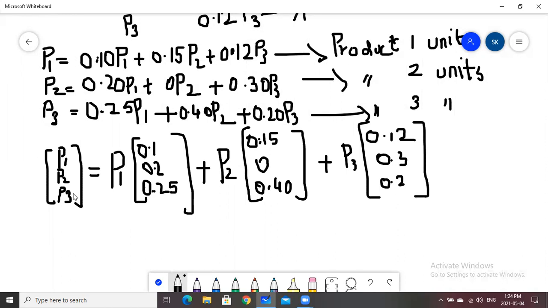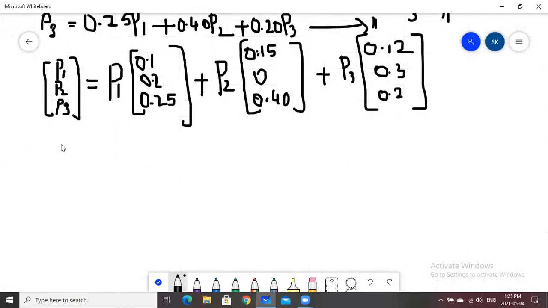An important point to consider is P1, P2, P3 is equal to P1 times all the values of P1 in a 3 by 1 matrix, that is 3 rows 1 column, plus P2 with 0.15, 0 and 0.4, then plus P3 with the values 0.12, 0.3 and 0.2, which we can rearrange again in another matrix form. We get P1, P2 and P3